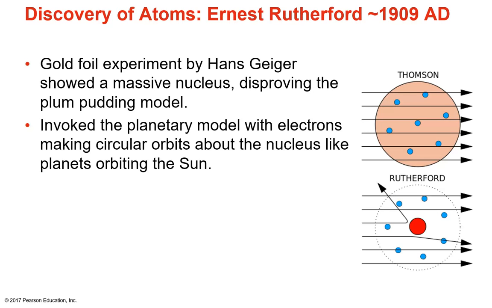Just think about if you were to fire a bowling ball. Well, this is actually the description that Rutherford used. Imagine that you fire a cannonball at a piece of tissue paper. What's going to happen when the cannonball hits the tissue paper? It's going to go right through. Tissue paper is going to have a very minor effect on its speed, right? But if it hits that tissue paper and bounces straight back, or comes back to the cannon at a high speed,